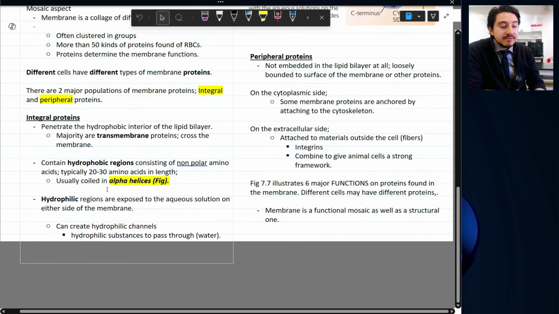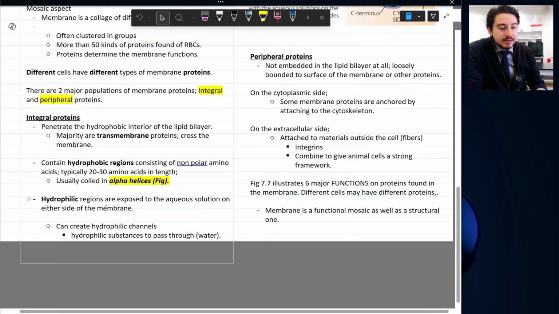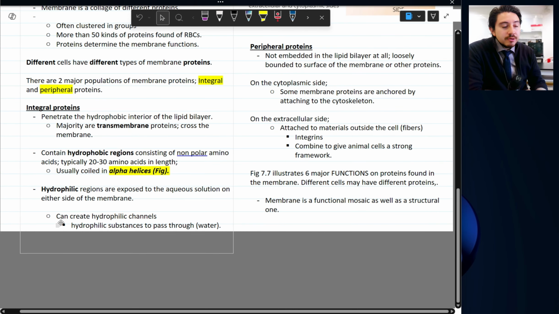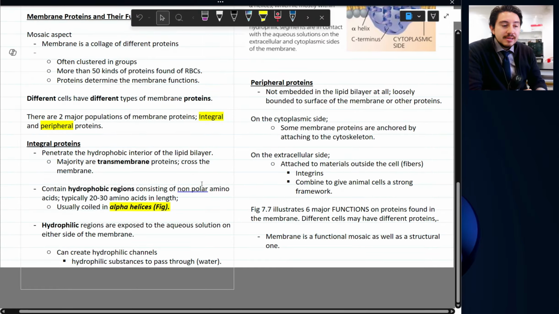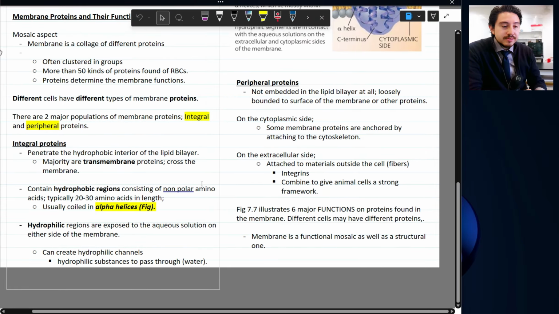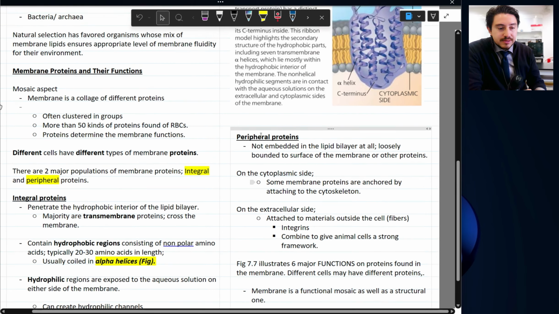Okay, you have the hydrophilic regions. They're the ones that are going to be exposed of the protein into the intracellular, extracellular areas. Okay, generally these would create hydrophilic channels. Okay, where you can get hydrophilic substances to pass through the membrane via these proteins. For example, water. Okay, integral proteins, and then you have peripheral proteins, and these are